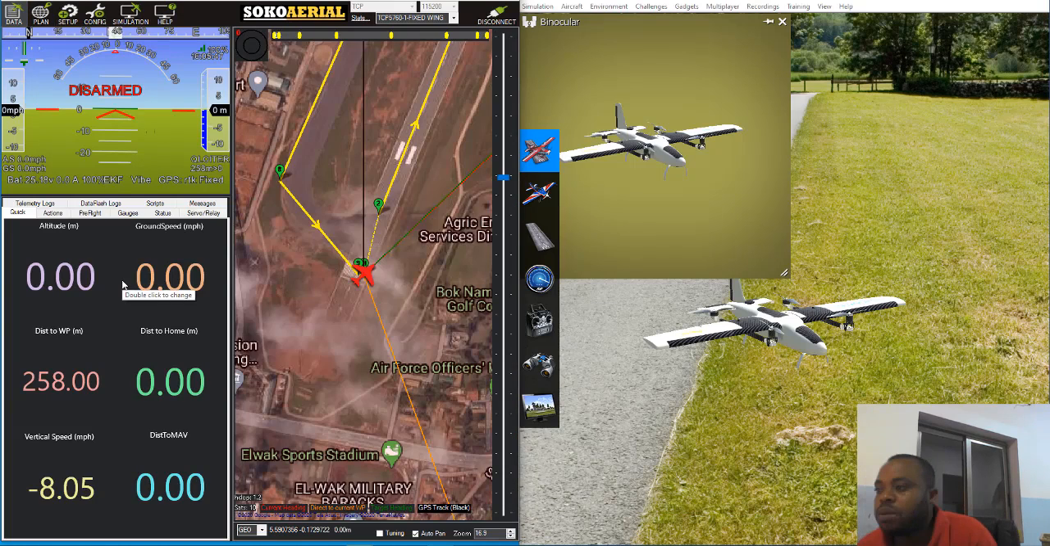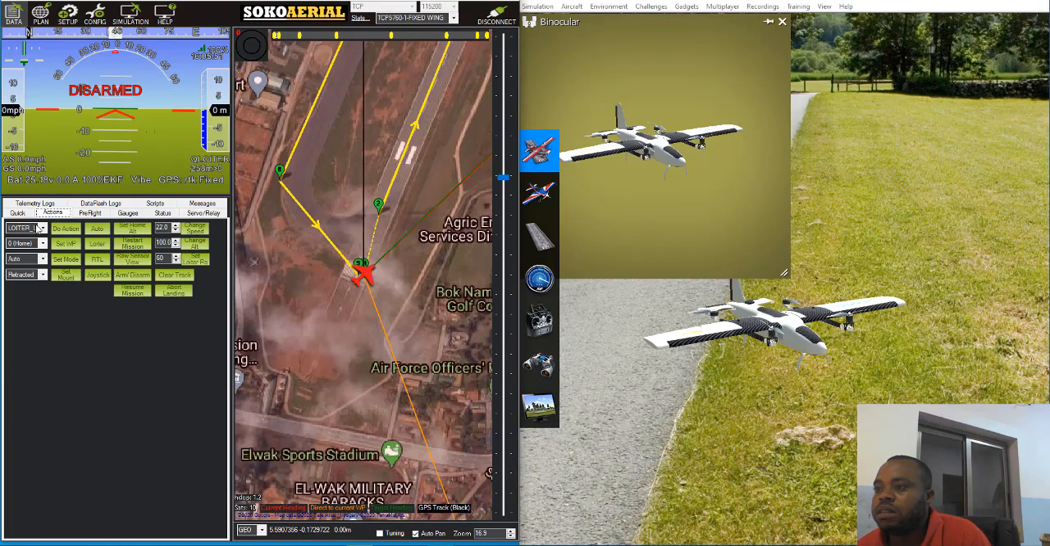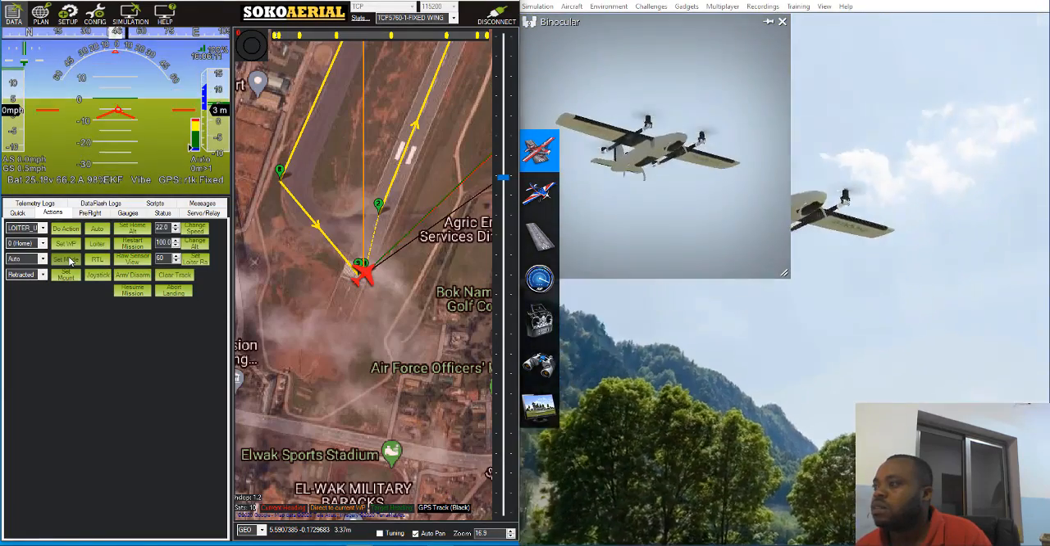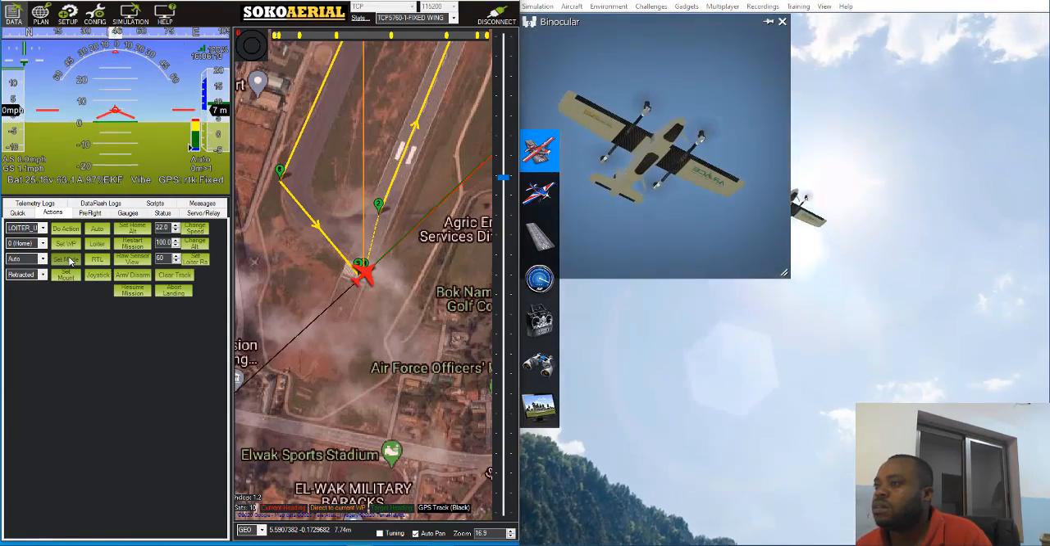So the mission is uploaded, and let's arm our aircraft. Okay, it says no RC receiver. Let me check why. So let me give it some input from my RC. Okay, so it's gone, and then we click on set mode, and then the aircraft is airborne, going all the way to waypoint 1,